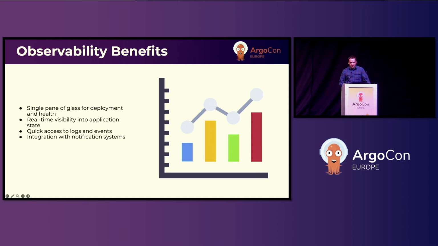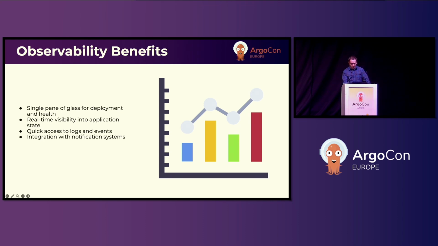what are the benefits of having Argo monitoring your CRD, making your CRD aware in ArgoCD? ArgoCD and custom health checks provide significant observability benefits. Operators get that single interface for monitoring both the deployment status and application health. Developers can easily check if their latest changes were successfully deployed and are running correctly. The UI provides that quick access to logs and events for troubleshooting, and ArgoCD's notification system, which can integrate with so many things, can alert teams to health changes